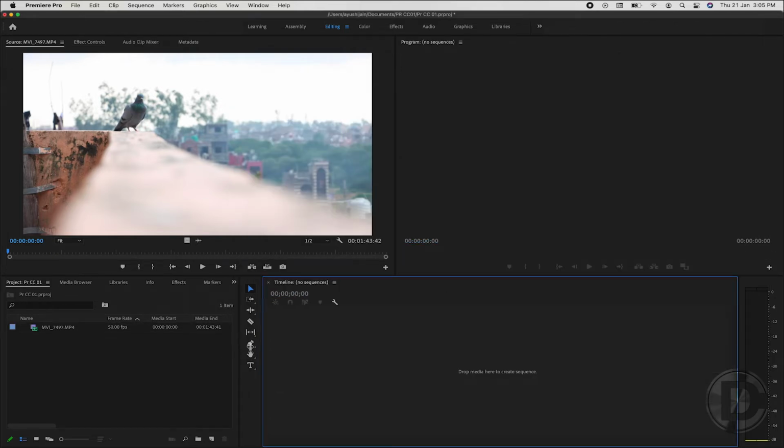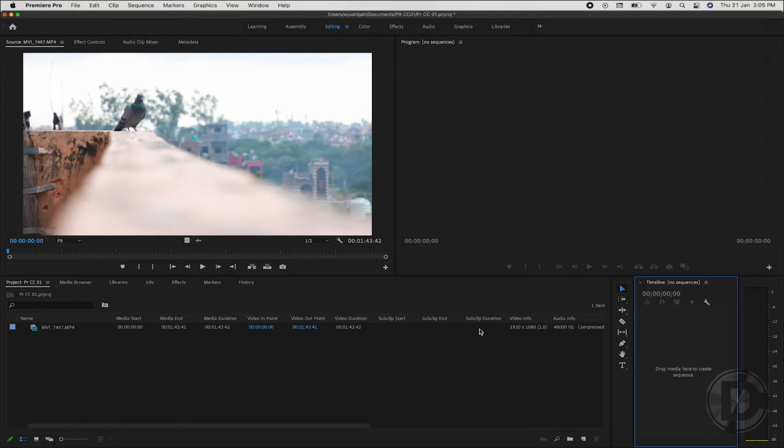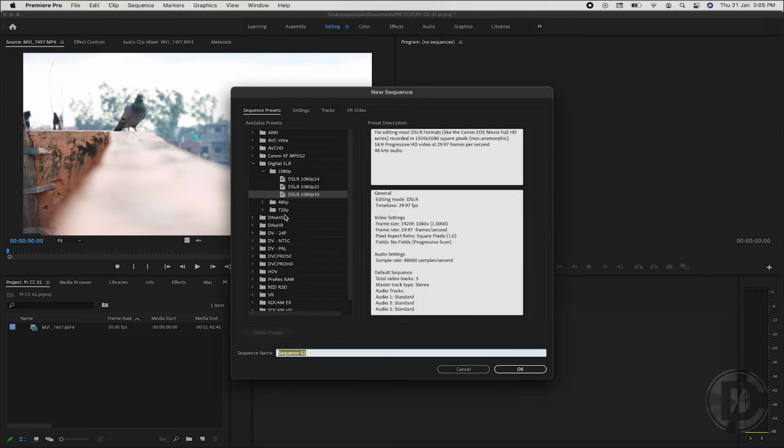Now by dragging this line of the panel, you can increase your panel size. So here you can see your clip settings like frame rate and video info, which is 1920 by 1080 standard size. So now what you can do is just simply make a custom sequence or choose from a sequence preset.